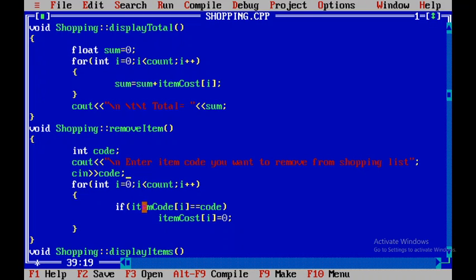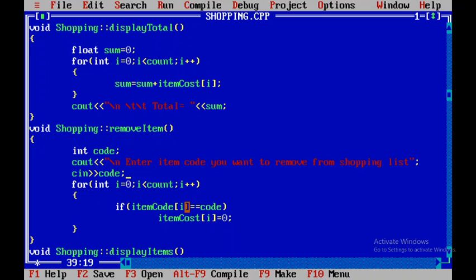So now we have to check every atom code with the given code. So let us consider our atom code is 3. In our shopping list, every atom code we will check, that is atom code of 0, atom code of 1, atom code of 2, atom code of 3.